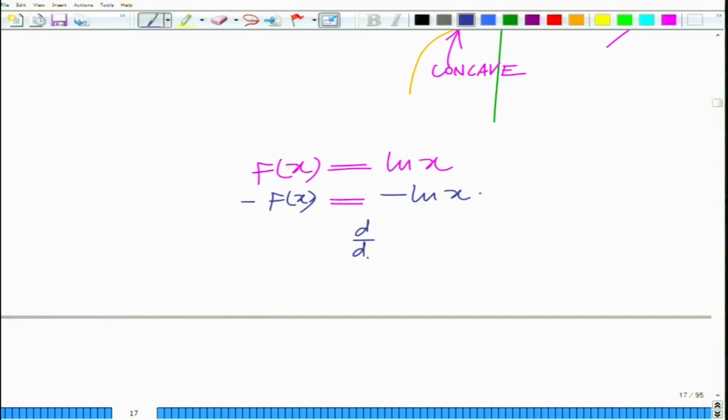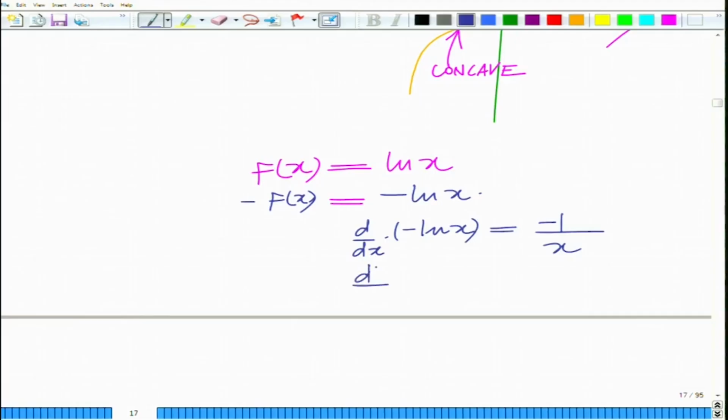So, to show this, first differentiate minus the natural logarithm of x, this is minus 1 over x. We are considering minus f of x, since to demonstrate concavity we have to demonstrate the convexity of minus f of x. Okay. Now take the second derivative, d square over dx square